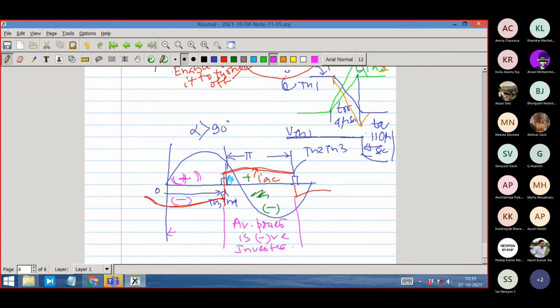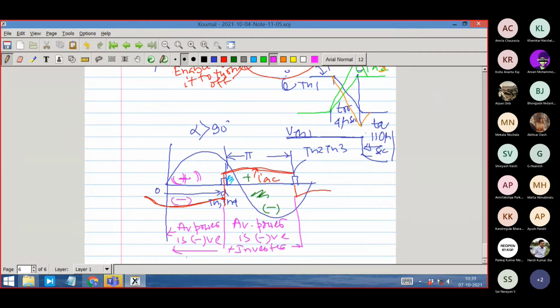That means inverter operation. This is an inverter operation. Okay, average power is negative in the other cycle also. This pi cycle, next pi cycle, in both the cycles average power is negative. So overall, this is an inverter operation for the converter, which implies that there is a good thing. We are having flexibility to get here and there. We are getting flexibility to take power. It's bidirectional. Another word is bidirectional power flow.